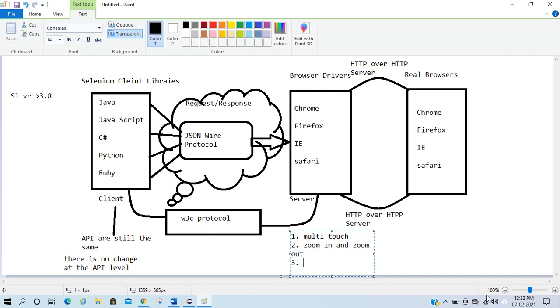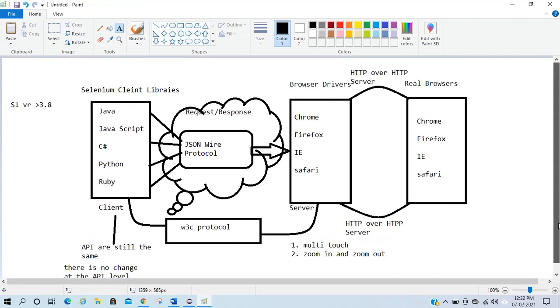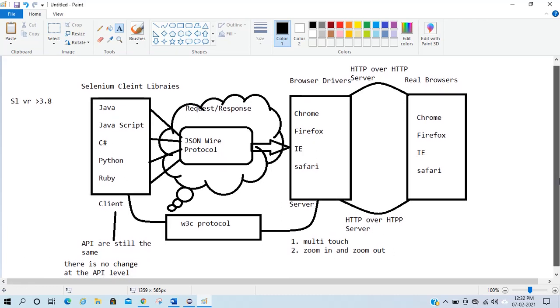These are a couple of the advantages we have in actions. And even you can take a screenshot of a web element in Selenium 4.